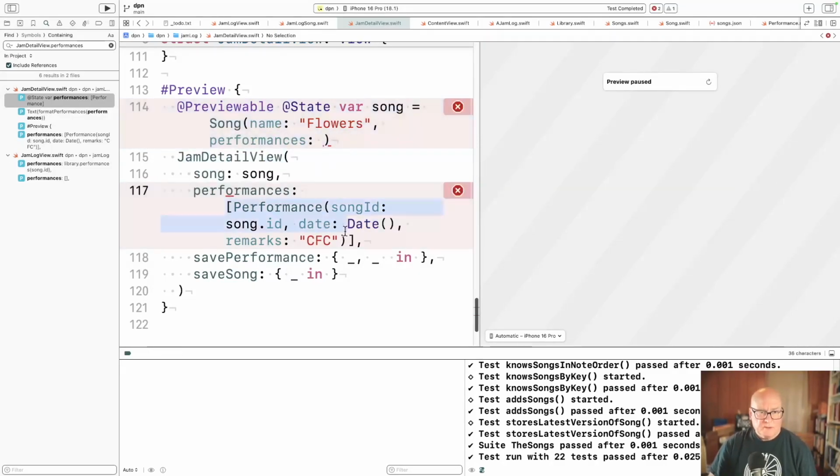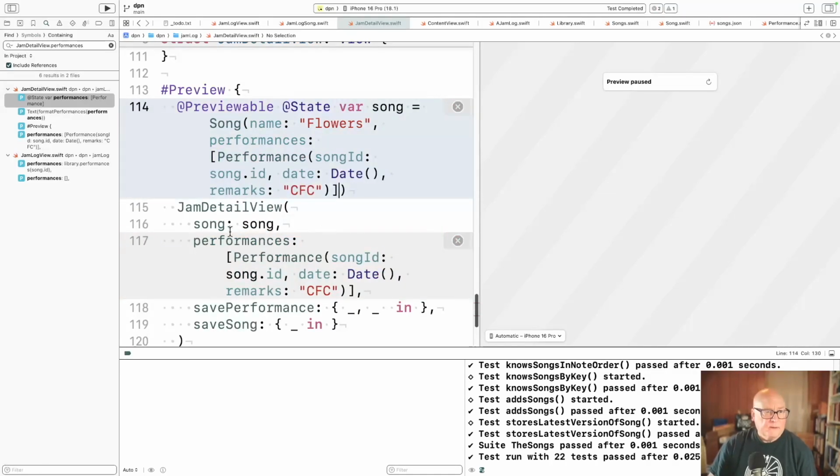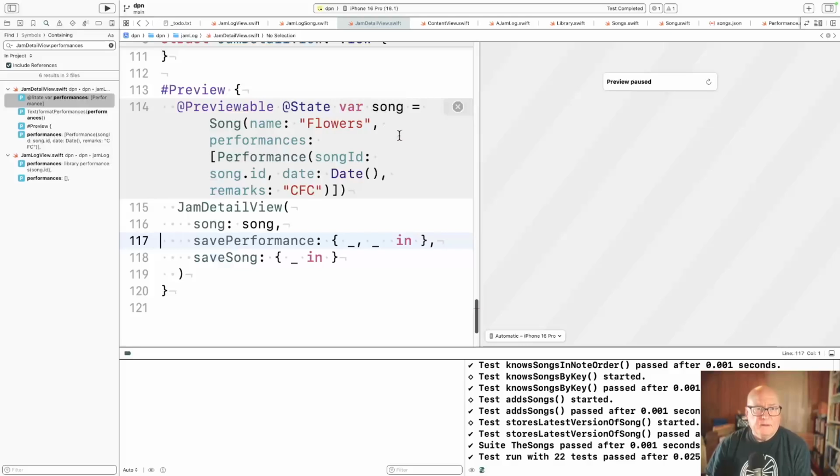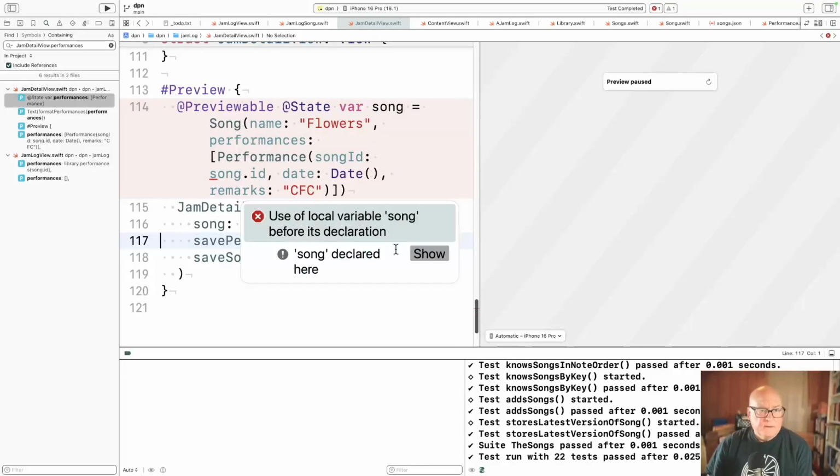So we'll move the actual performance up in here. And then this is no longer wanted for its declaration.